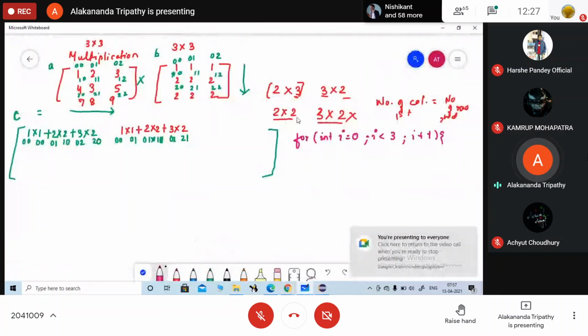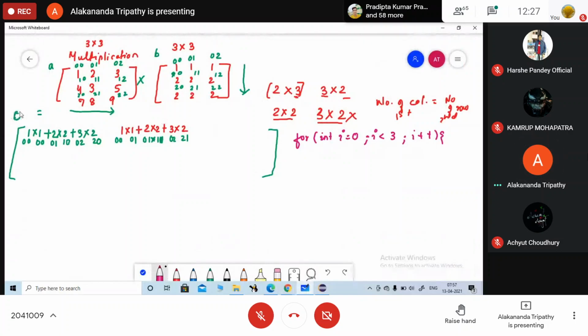कैसे करोगे? So for this I क्या है? ये जो C मैट्रिक्स है, in C मैट्रिक्स how we are going to store the value? पहले रो में फिल अप करेंगे. Okay, रो एंड कॉलम में वैल्यू स्टोर होगा. We are going to store the value in rows and column. Yes or no? Yes, ma'am. In C matrix, we are going to store the values in terms of rows and column.